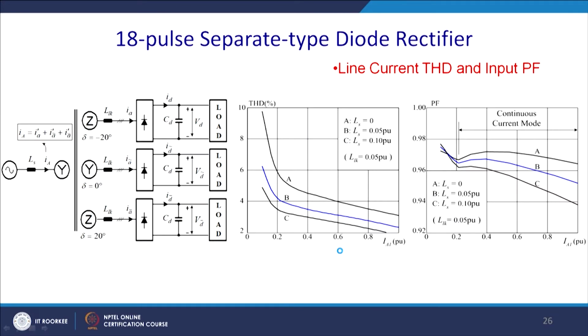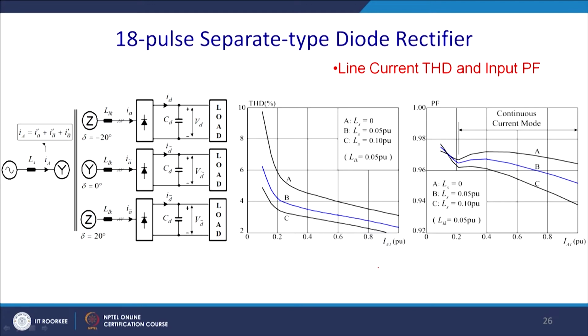Now, let us analyze the 18 pulse separate type diode rectifier. Now we can have a 20-degree phase shift, and we have this kind of drives. We find that the value of the THD is quite low compared to the single 18 pulse drive, and it comes down to below 4%,